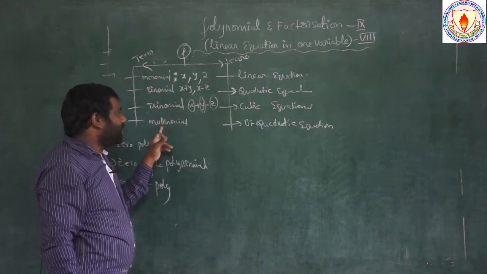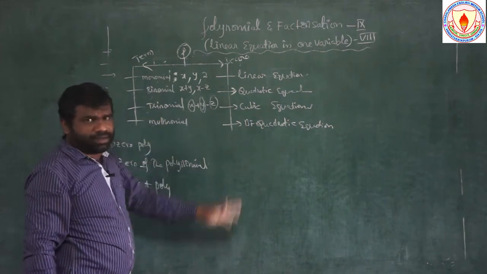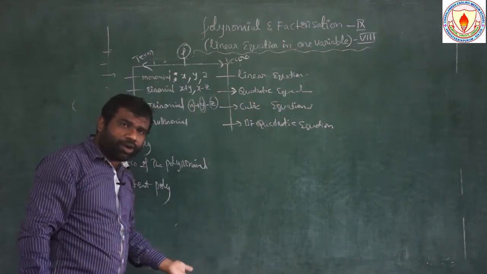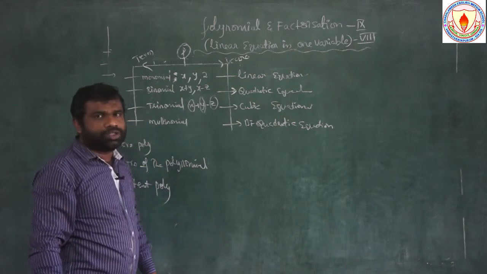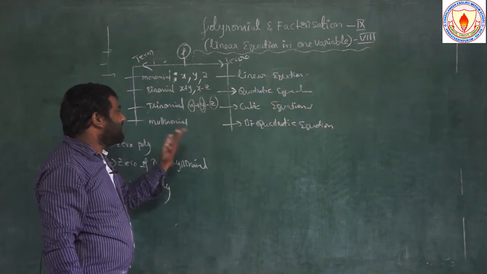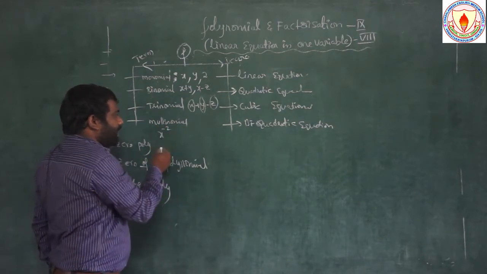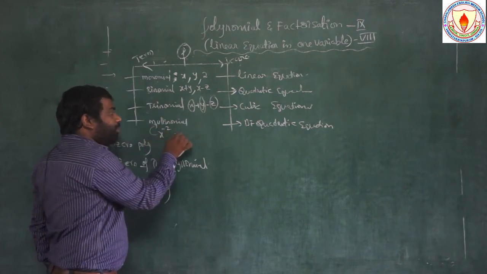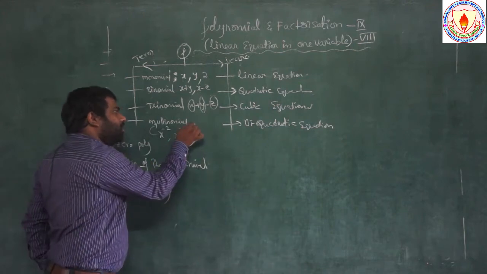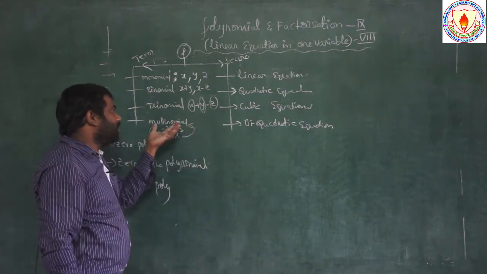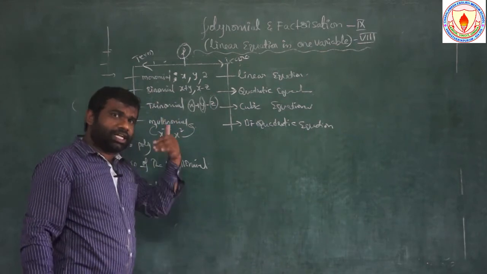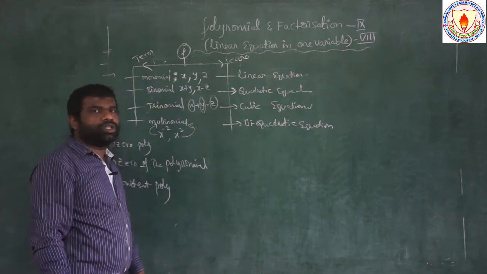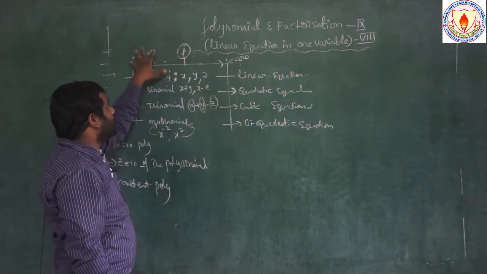And coming to multinomial, it means more than that. Whether it is a polynomial or not a polynomial, it is also a multinomial. So, multinomial is nothing but based on terms. So, x power minus 2: actually, x power minus 2 is not a polynomial but it is a multinomial. X power 2 is a polynomial and it is also a multinomial. So, multinomial is nothing but, whether it is a polynomial or not a polynomial, it also belongs to multinomial, based on the terms discussed.